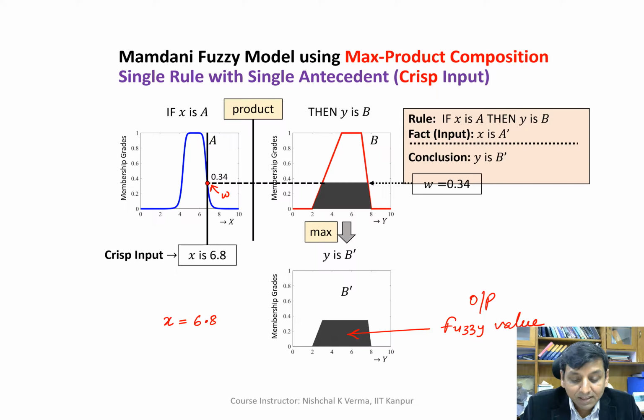So a single antecedent will produce only the single weight W, and whether we use the max, the min, or product, this is going to give us the same. So that is why the max product or max min, both the compositions are going to give us the same